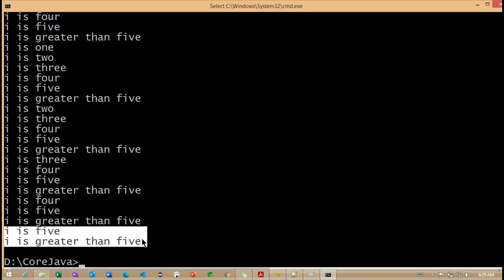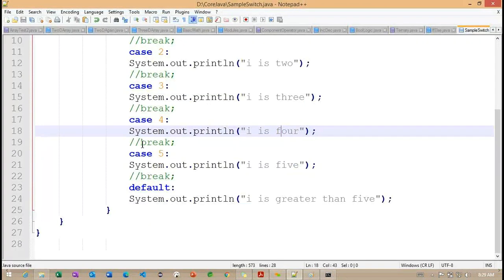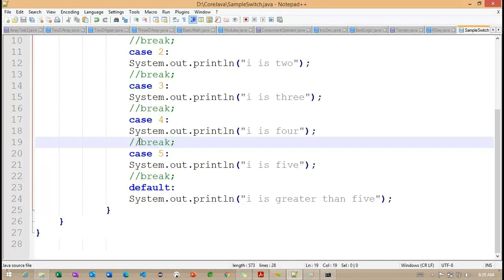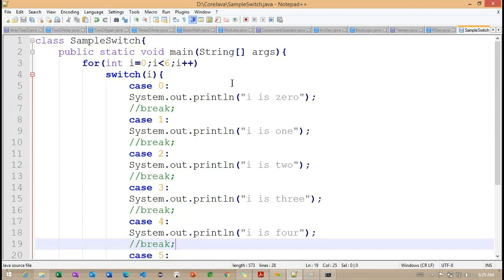So the break statement is very important whenever we are trying to work with switch cases. Without using this break statement, the cases are executing multiple times.